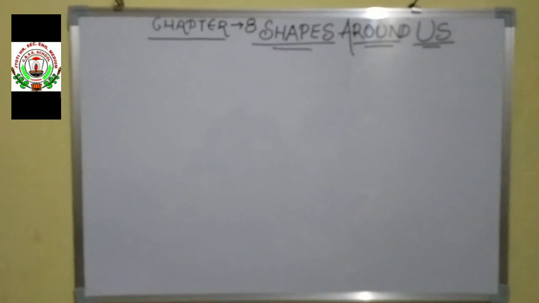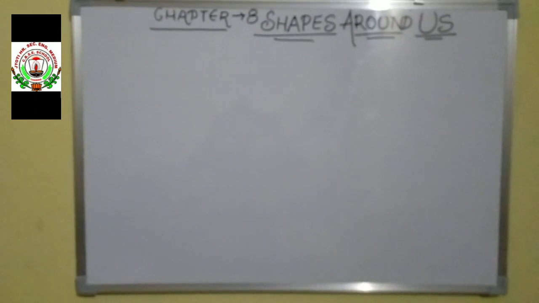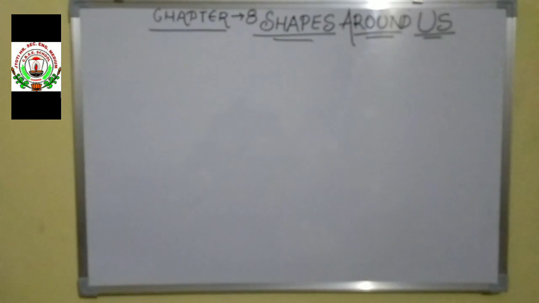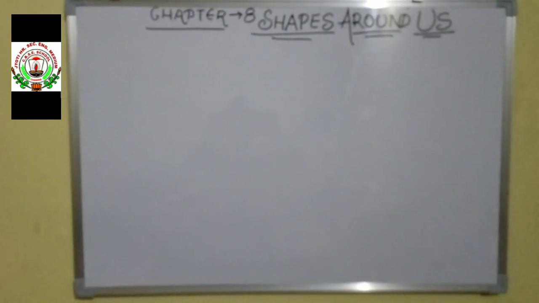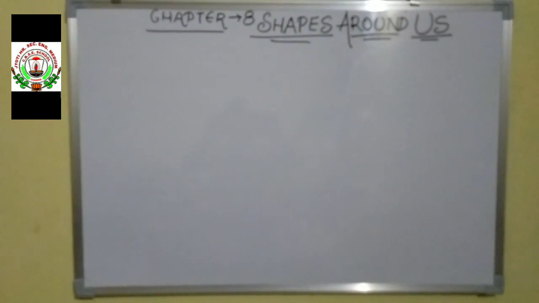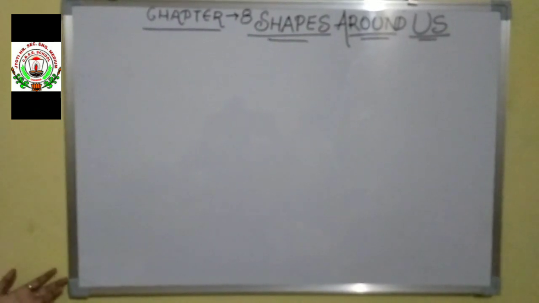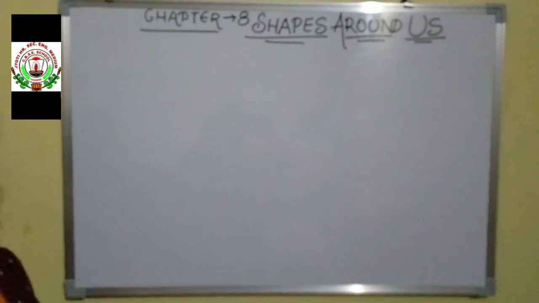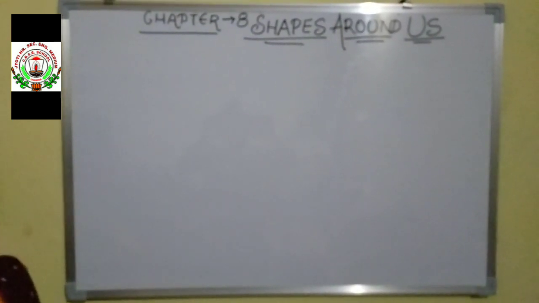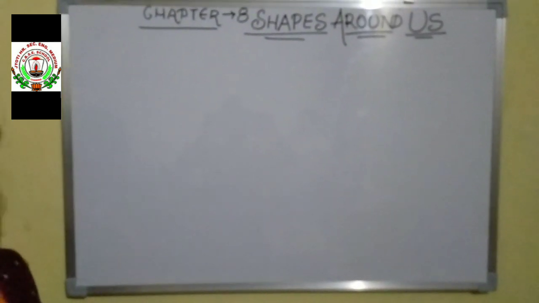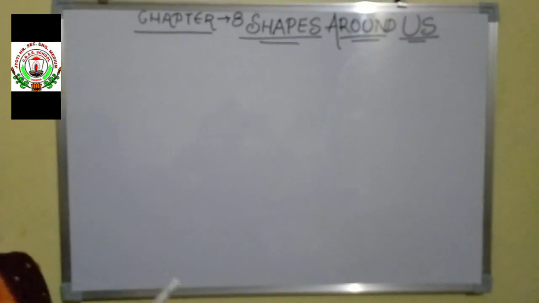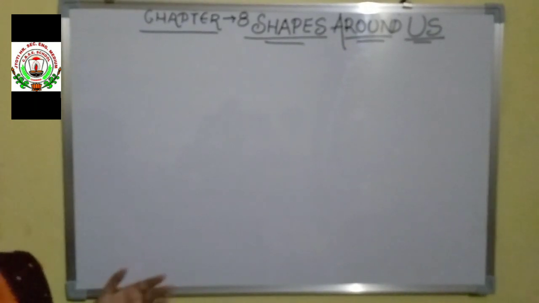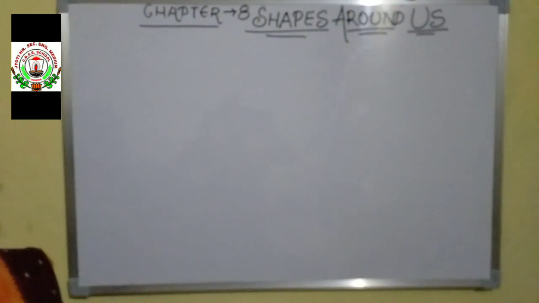Today we will discuss our new chapter 8, Shapes Around Us. This chapter is related to geometrical shapes and all the objects we look around us, whether they look alike or different. Tell me children, we can see around various types of objects. Do every objects look same or do they have the same size? No, every object is different, different in shape and size also. So today in this chapter we will look at some shapes of different objects.